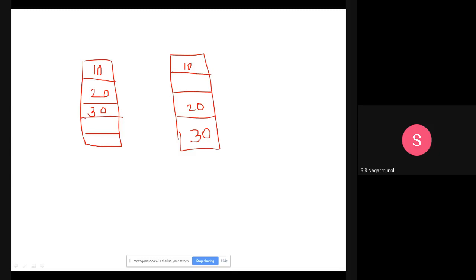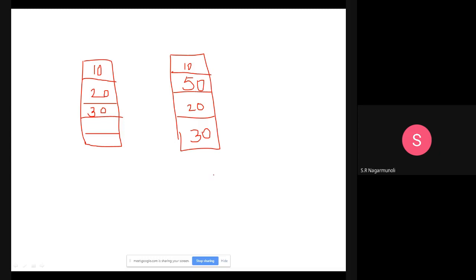Remember, we have to start moving from the last element in the array. You cannot directly move 20 to 30's position, because then 30 will be overwritten. So we first move 30 here, then 20 here, make a place, then insert the new number 50, or 40, whatever I had entered. I think I had entered 50. So now this is how the array will be.